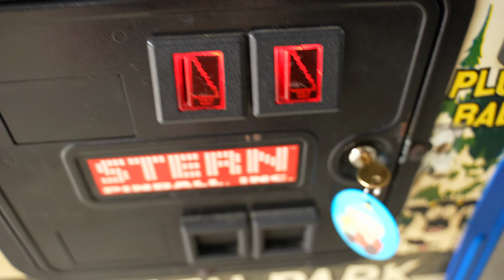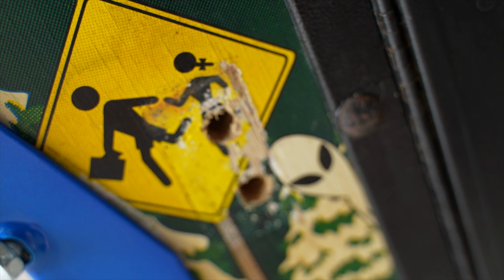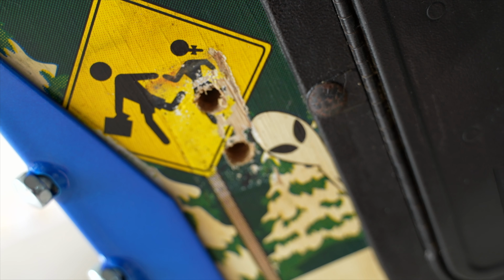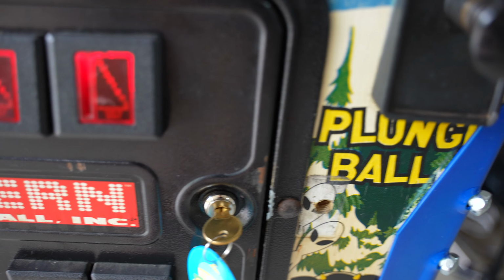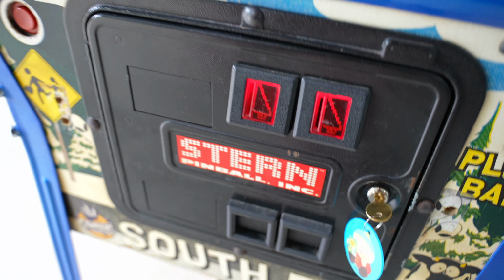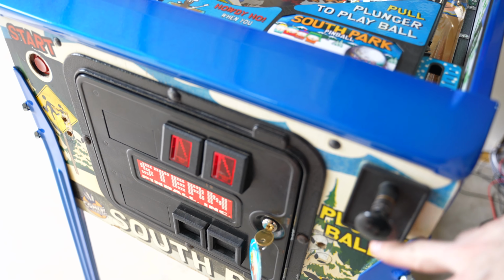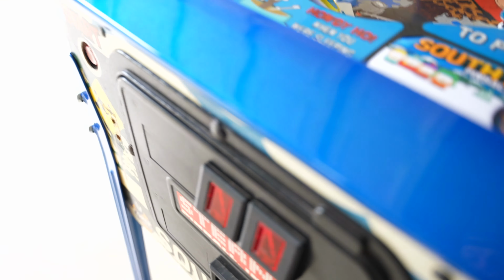And on the front of the machine, ripped off the lock bar. Still got the holes because I'm still waiting for my cabinet artwork to show up. As soon as that does, I'll go ahead and plug sand and make everything look nice and neat when I get ready to prep everything. Also probably going to powder coat the coin door as well as the shooter housing right here, but powder coated